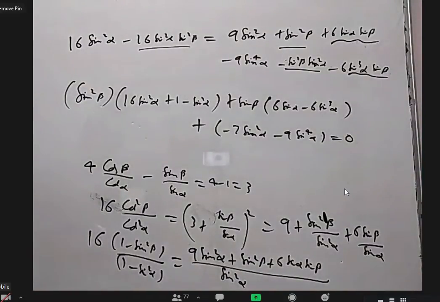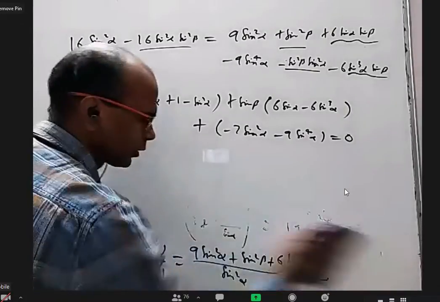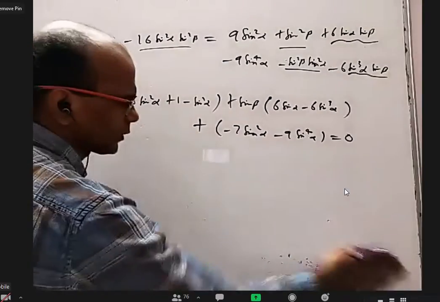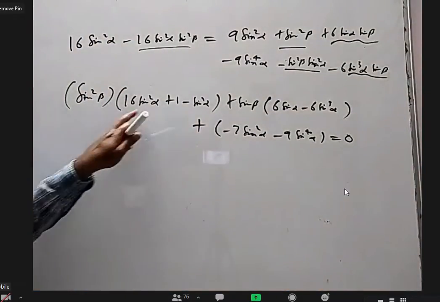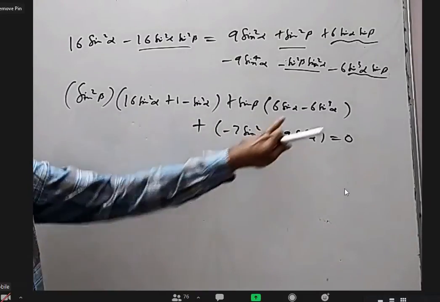Okay, I should be able to split it, splitting the middle term kind of thing. If not, I have to do the minus b plus r minus all that. This is 1 plus 15 sine square alpha. How to write this as product of two things whose sum is this?